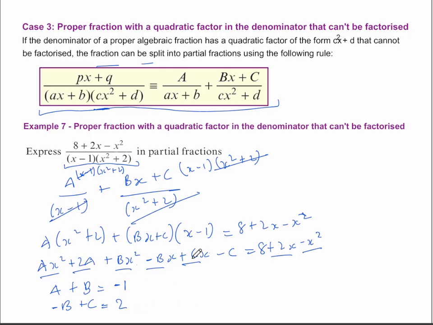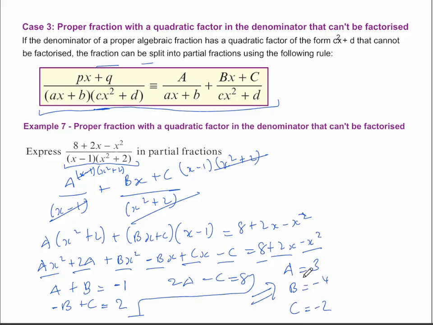And we have that 2a minus c equals 8. So 2a minus c equals 8. This is again a triple simultaneous equation. And from that we get that a is equal to 3, b is equal to -4, and c is equal to -2. So in that original form that we had, we have that this fraction right here can be expressed